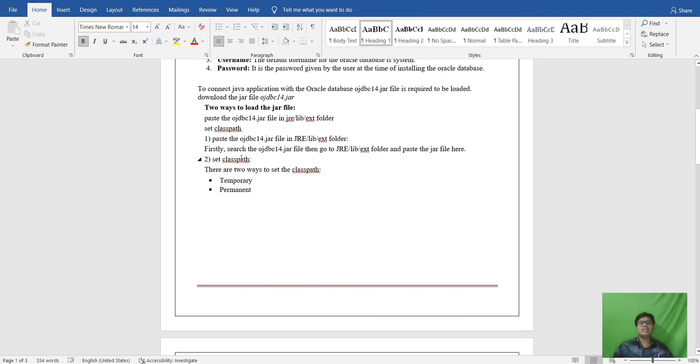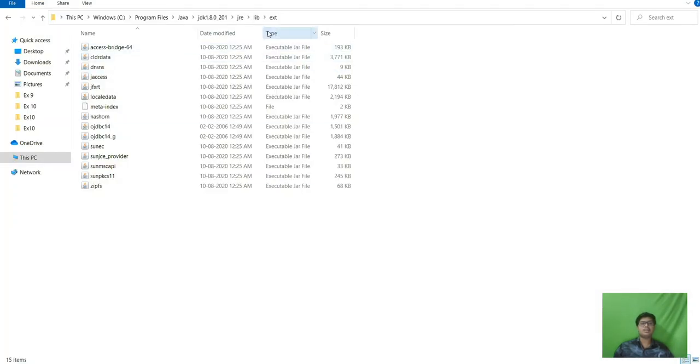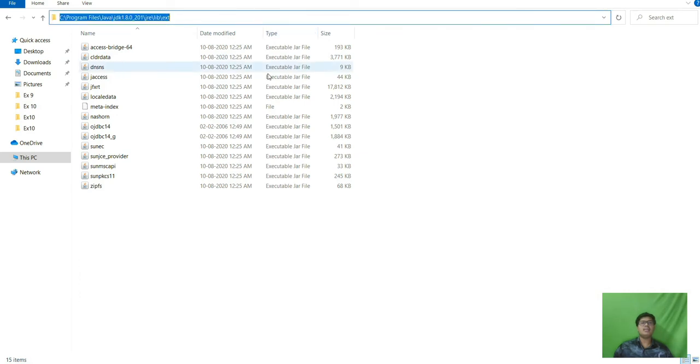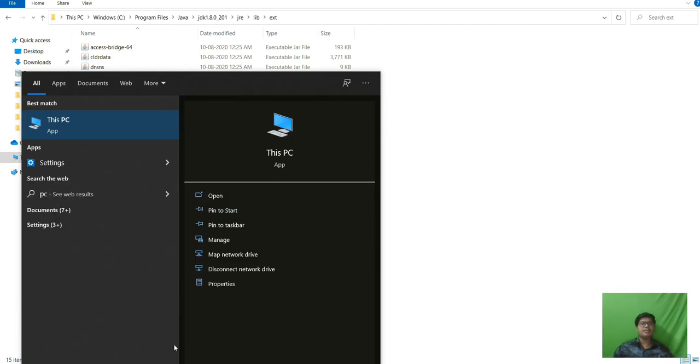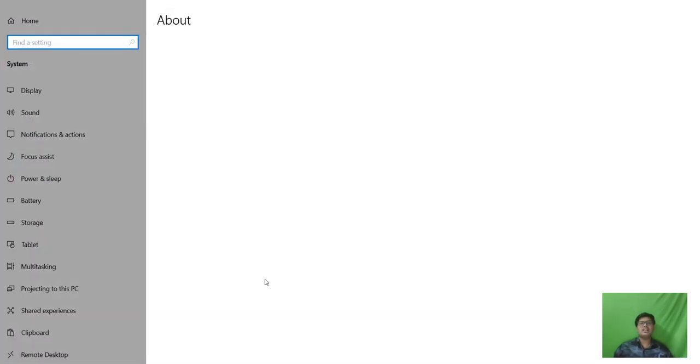You know how to set the classpath for Java. In the same way, for creating the Oracle database connection we have to set the path. Here we copy this path. When we copy it, we go to PC and open Properties.